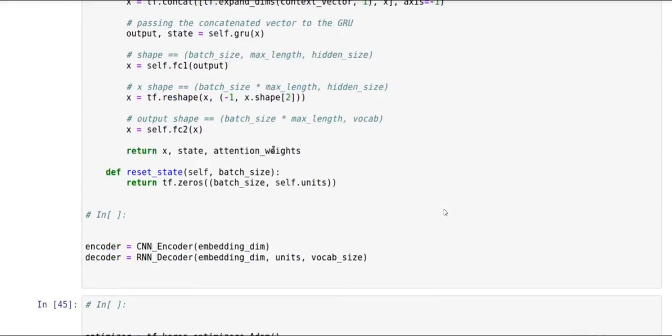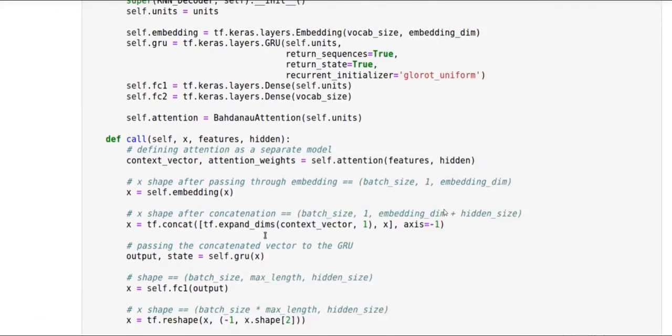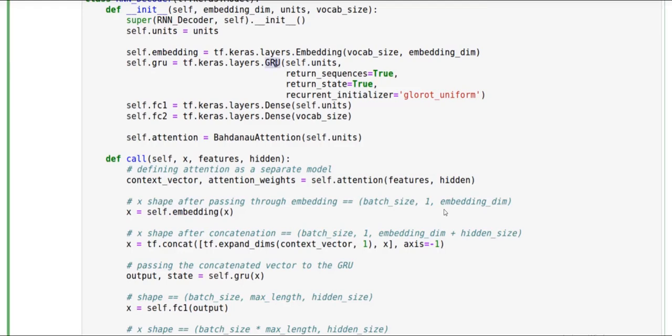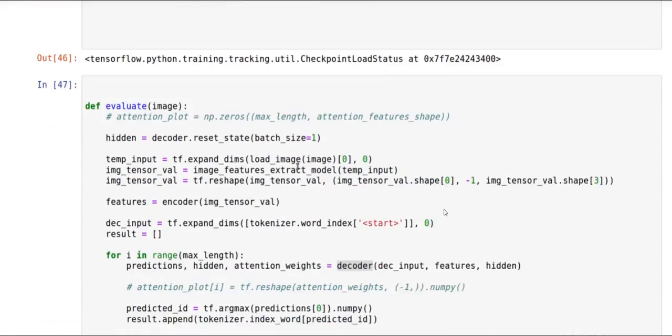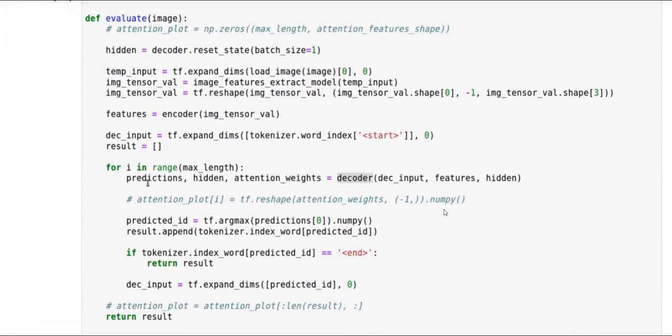Inside the decoder, in this model, we are using a GRU, gated recurrent unit. It will predict an output, some attention weight, and also the hidden layer.